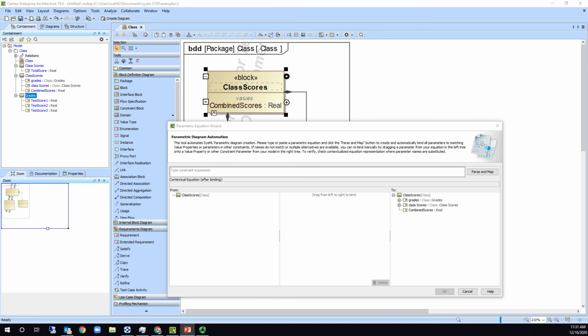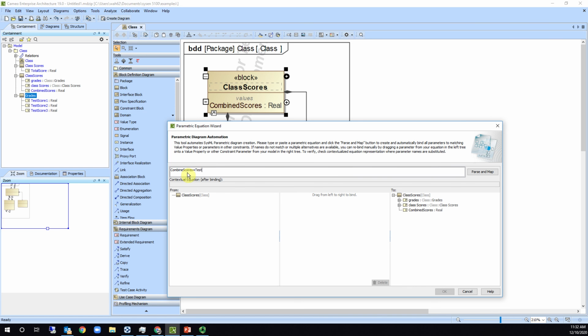So let's see here. My first equation here is going to calculate the average score, or not the average score, the combined score. I'm going to first total up. Okay, so I'm going to say, and notice I've already defined combined scores here. So I'm going to go combine scores equals, and it's going to equal up to